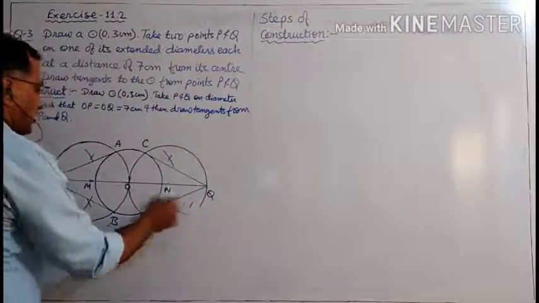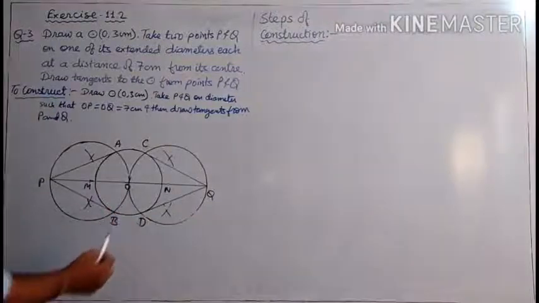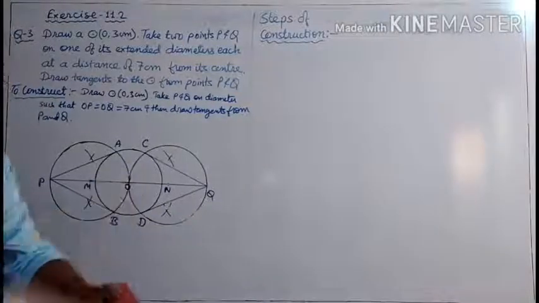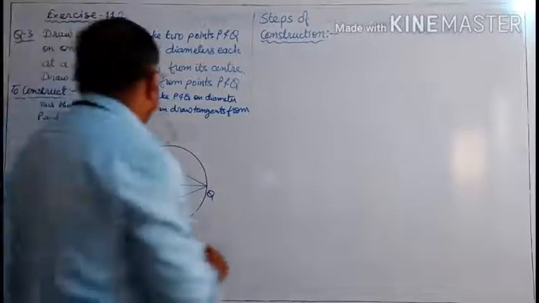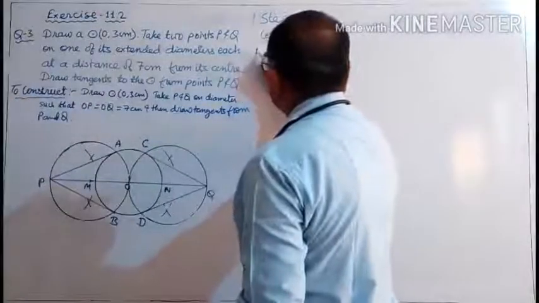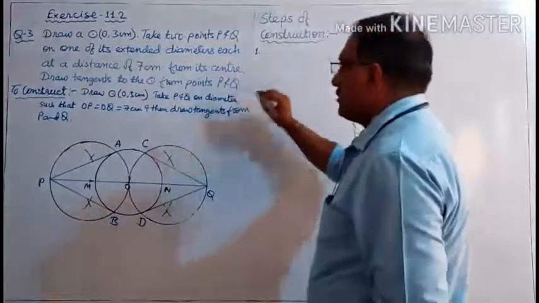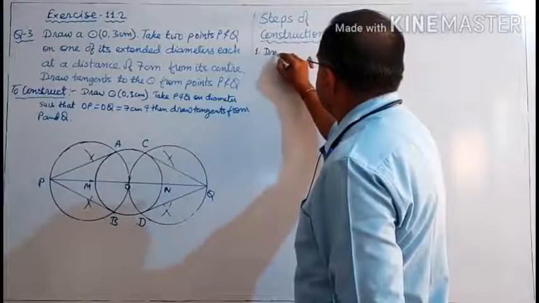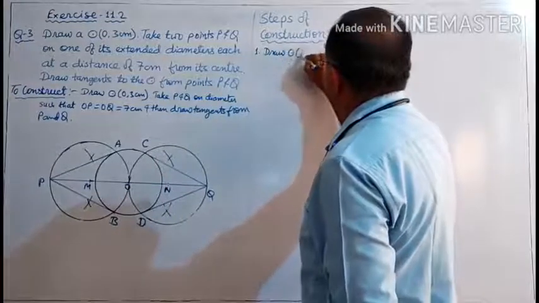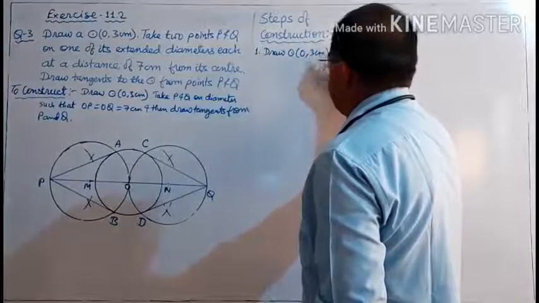These are our required tangents. Okay, so let us write the steps of construction. So first of all, what we have done here: draw a circle with center O and the radius 3 centimeter,